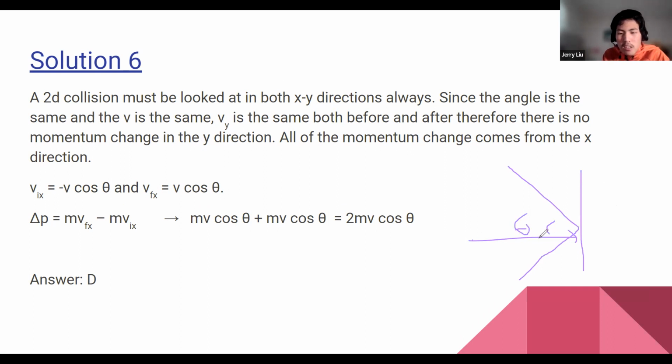So the angle is the same, v is the same, and therefore, if this is y, there's no change in the momentum in terms of this up-down direction, or the direction the wall runs. So the main difference here is that it travels in the opposite direction. So that's accounted for by the x component. So it starts moving right, but then the x component starts moving left, and this must have been from the